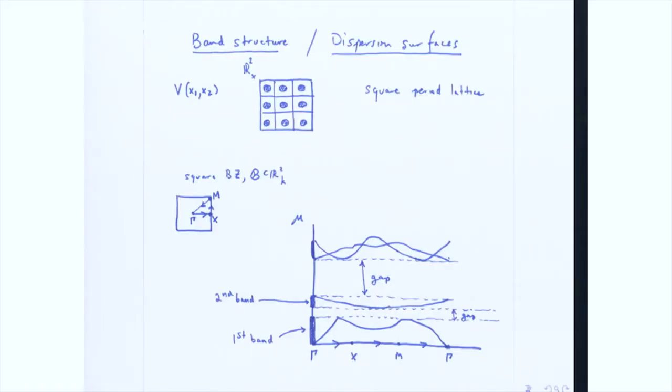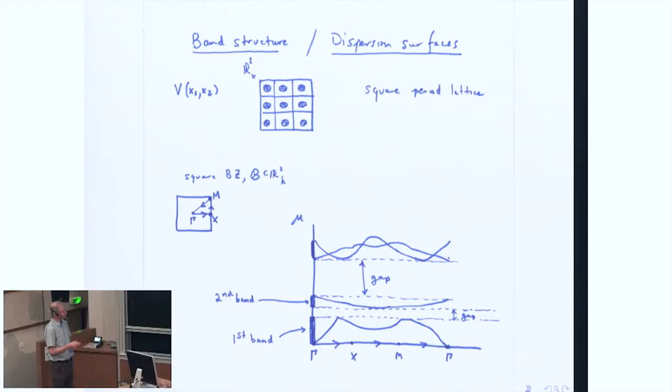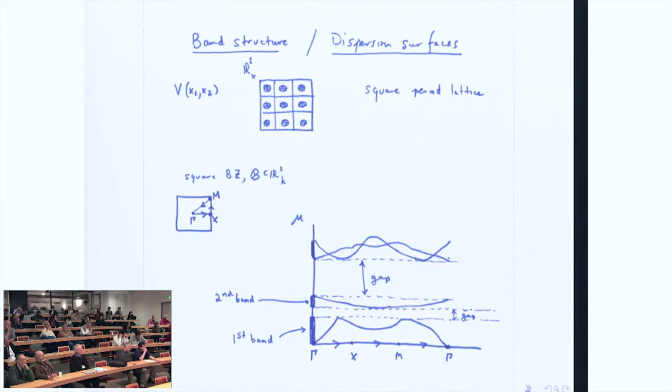Okay. So here's a typical picture that you'll see if you look up band dispersions, band structures. You take a periodic potential like this V of x. Here it's drawn as a square lattice, and here would be its Brillouin zone. And typically in numerics, what one does is look at some symmetry-reduced Brillouin zone, like this triangle, and then plots the eigenvalues, mu j, j equal to 1, 2, 3, as you move around the boundary of such a symmetry-reduced part of the Brillouin zone. And then you get curves.